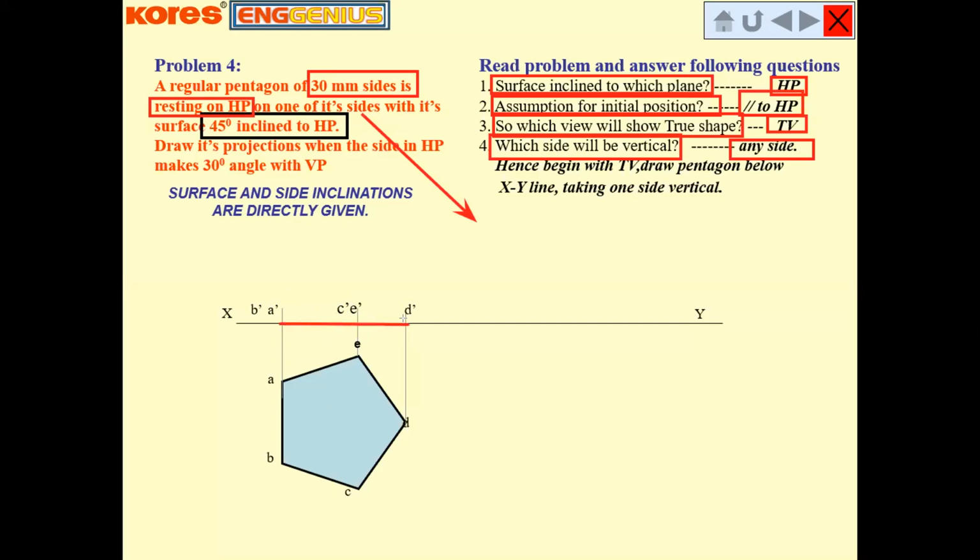If I want to make an angle of this particular plane with respect to HP, at some angle, it will be like this. Right now, it is on HP. If you make an angle, it will look like this. So this is the plane which you are making at 45 degrees with respect to the horizontal plane.